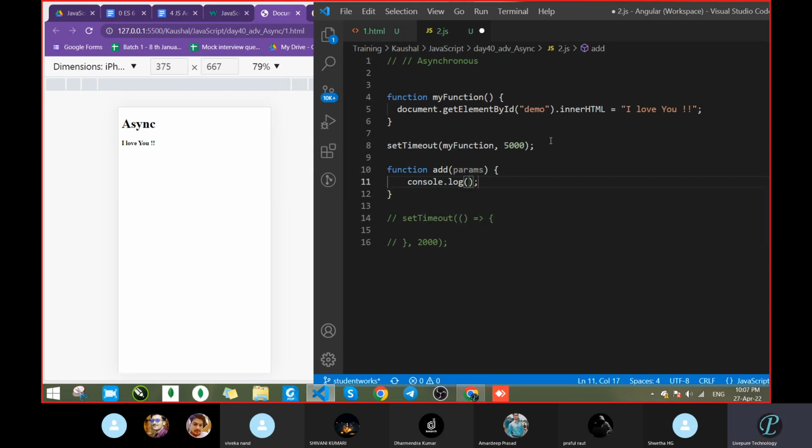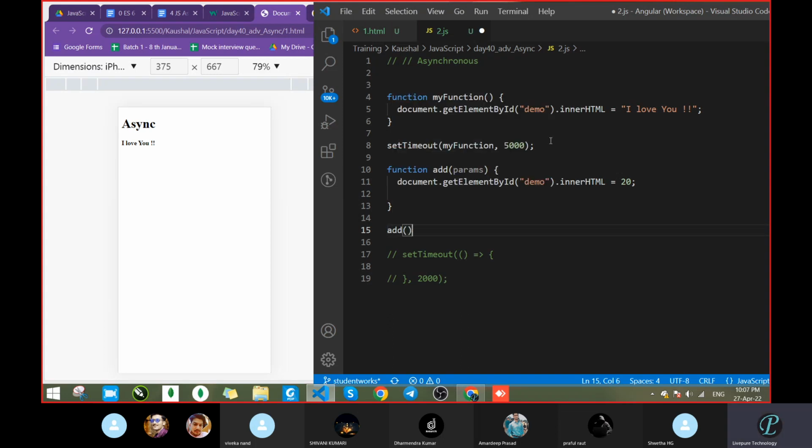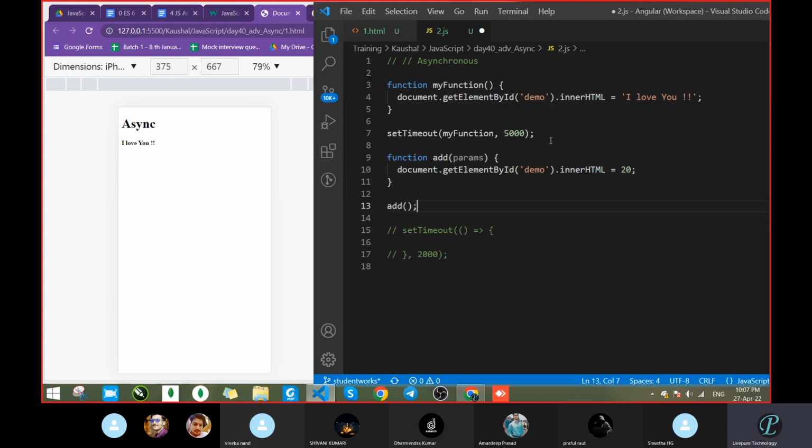Or do one thing: write it with that get operation itself, meaning document dot get, demo, and I am writing just 20, nothing more. Add. What are you thinking? What will be the output? What will actually happen? Tell me the flow.